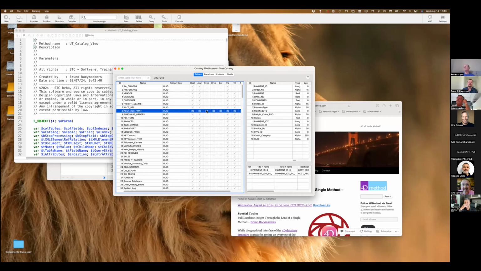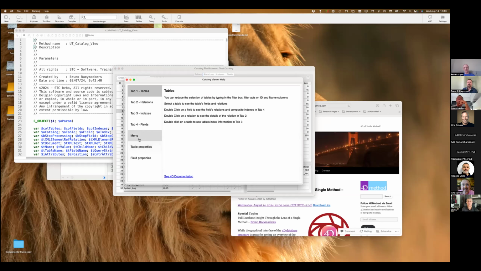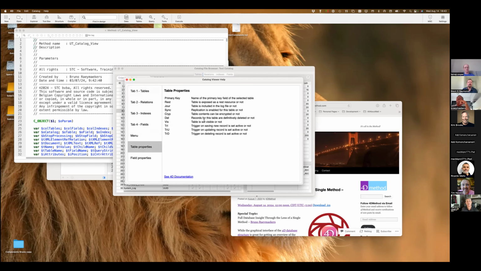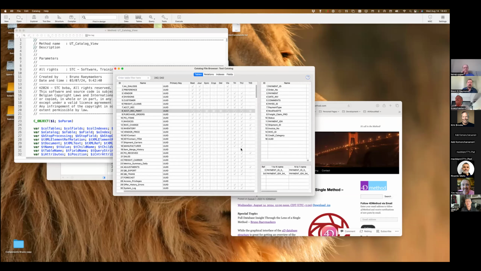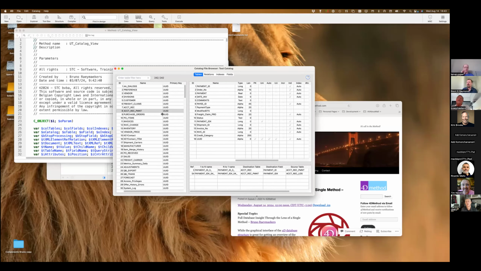Is that table set up for synchronization, or what is the term that I keep forgetting, replication, basically. Is the table encryptable? Is the table set up to delete the record completely, yes or no? Is it a visible table? And then you have the 3 triggers, whether they are activated or not. So that is all the table information that you get.